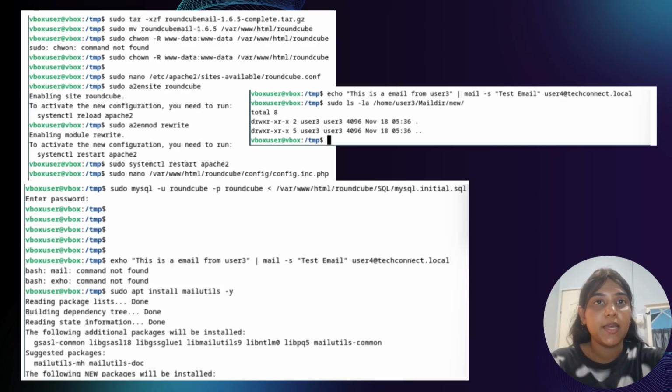In this picture, we unpack the Roundcube installation file using tar -xzf. The extracted content is moved to /var/www/html/roundcube, which makes it available through Apache. We then change the ownership to www-data. This is crucial because Apache must have the correct permission to read